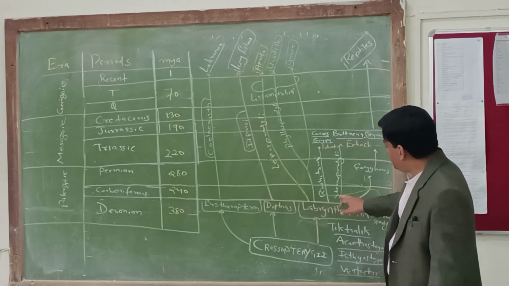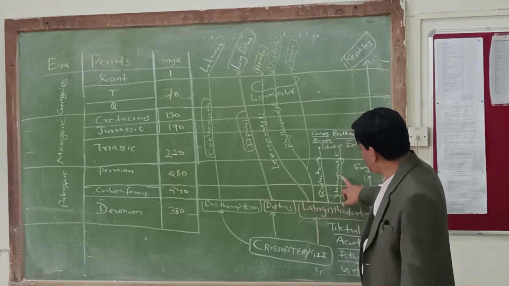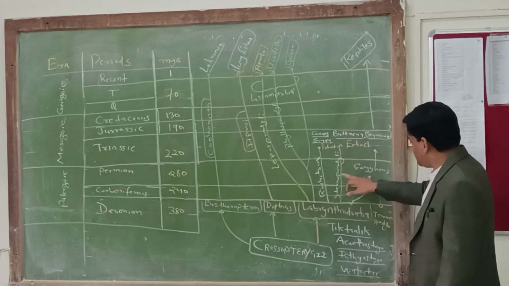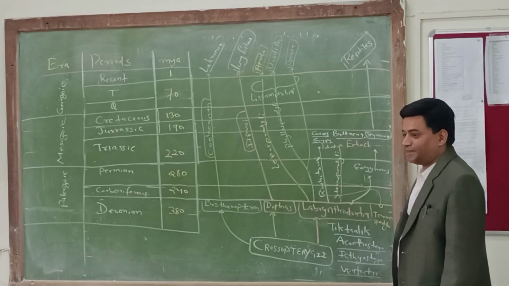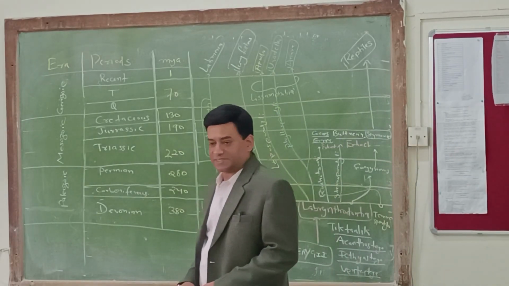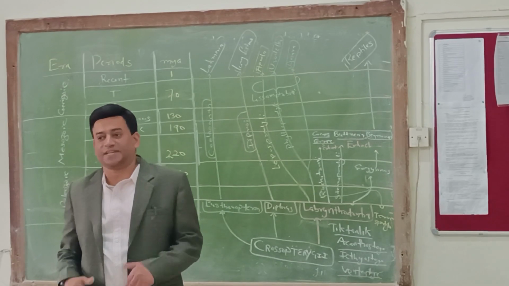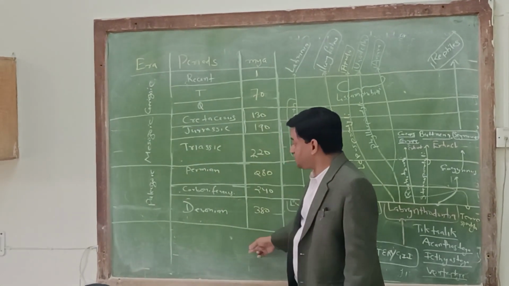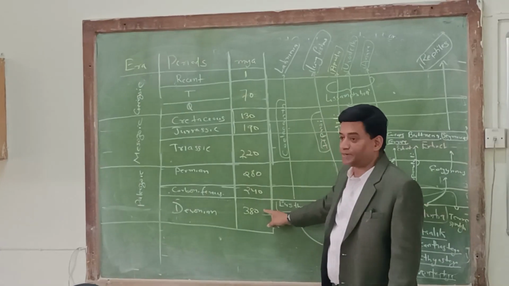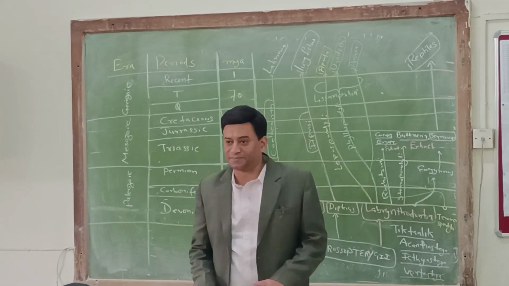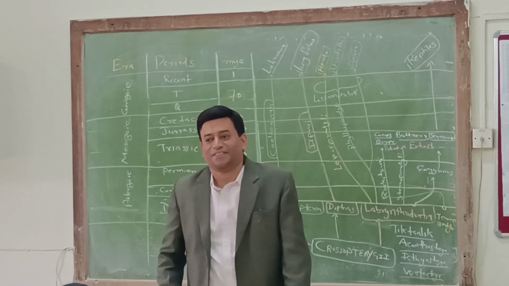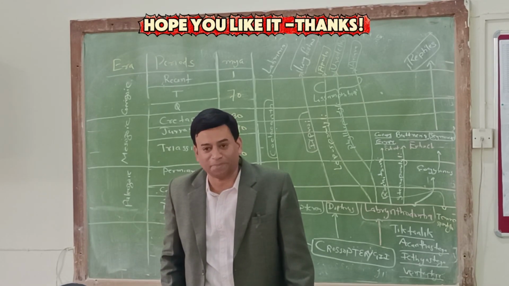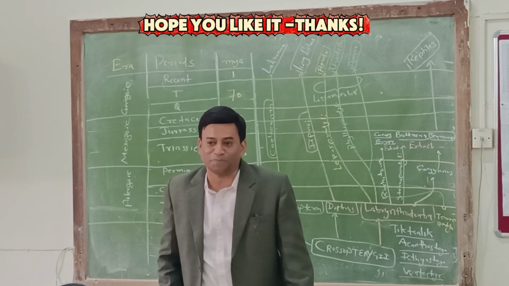We also know that the Rhachitomi, Stereospondyli, and the Embolomeri constitute a single group called Temnospondyli. So if you are able to project the entire classification on the evolutionary tree with the geological time scale and the correct time period, your teacher will be impressed. And this is the way you should write the origin and evolution of amphibia. Got my point? So thank you so much for your cooperation and hope